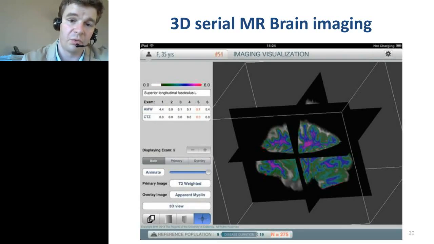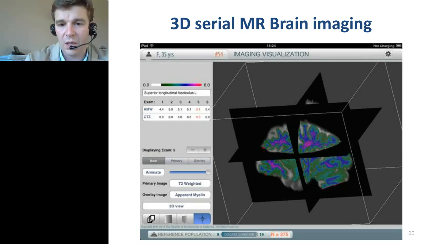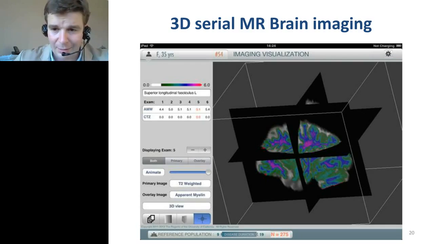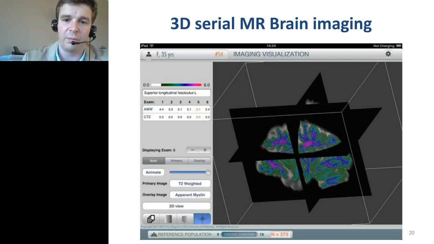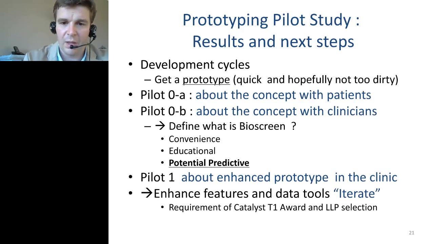We show you the 3D serial magnetic resonance brain imaging, so we can show in 3D the actual MRI images, and in this prototype we show T1, T2, proton density, and gadolinium contrasted images. We can actually overlay some information. We show here a map of the myelin water fraction on top of the images. So it's really about making the data available in 3D and eventually in 4D when we have several exams at a time, like you have 6 in here. So this is pretty much what I wanted to tell you about this prototype and where we are.